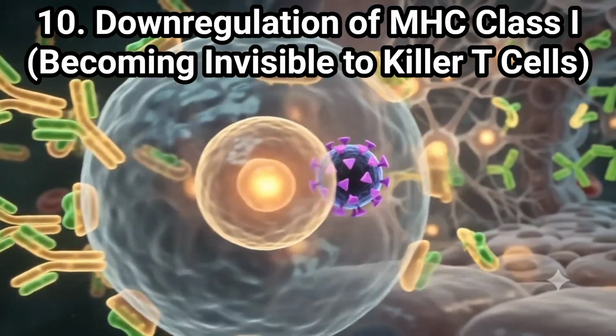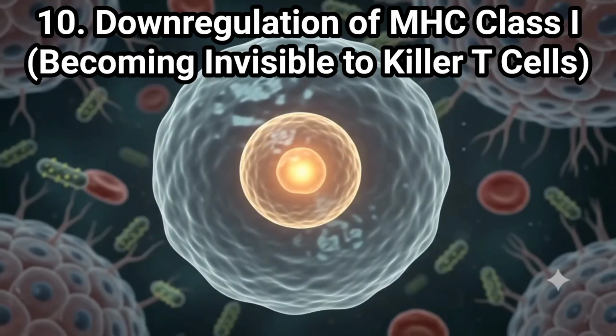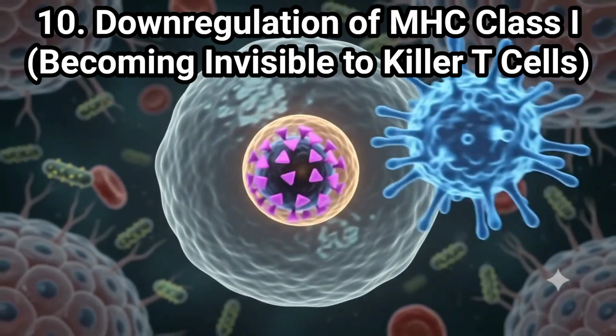Killer T cells inspect host cells for signs of infection. But some viruses can actively block this process. They stop MHC molecules from reaching the surface. Without these flags,